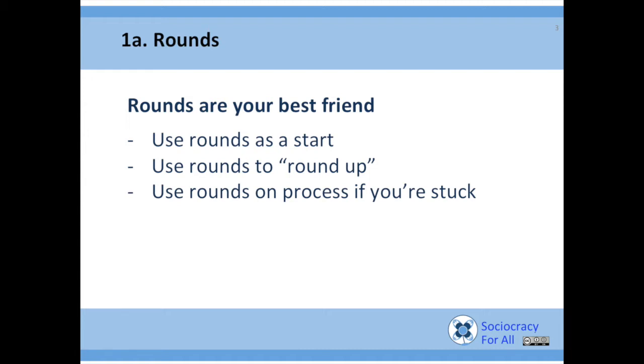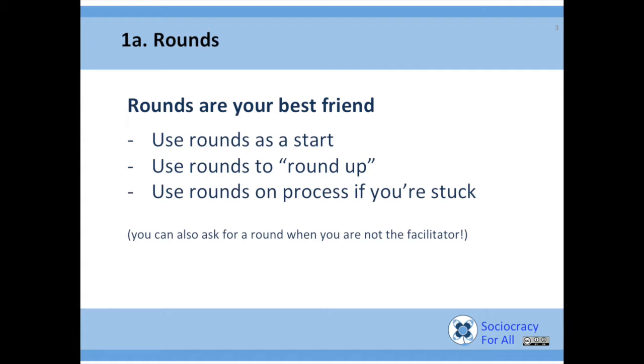So if you've ever been in that place, the best thing to do is say, hold on, can we pause here? I feel like we're not really on topic and things get a little muddy. I would like to call a round, go back to a round, and you can even call it a round and process. So how are we going to proceed on this topic? How are we going to make a decision? How can we continue to talk about this? Go one level up. And this is something you can even do when you're not the facilitator. You can ask the group and share that that would be a good idea in your view.